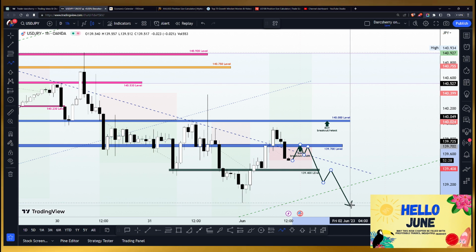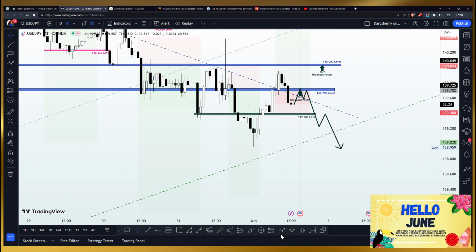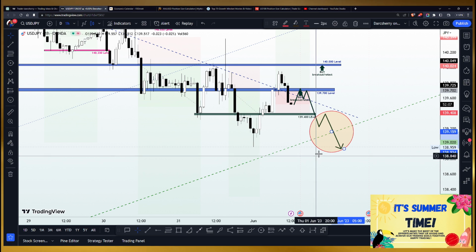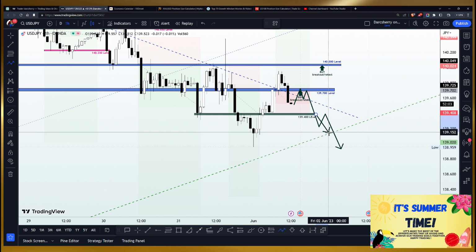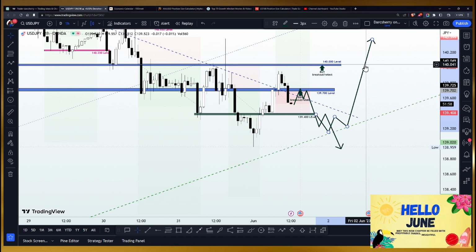And depending on how price action reacts to the support line of the ascending channel, remember that is the support line of the ascending channel we identified on the 4 hours time frame, depending on how price action reacts to this level will determine if we are going to be adding more sell positions to our existing trade or getting ready to buy at that point. So a breakdown of the support line will definitely give us an opportunity to sell, while continued buy pressure above the support line will welcome buying opportunities in this market.